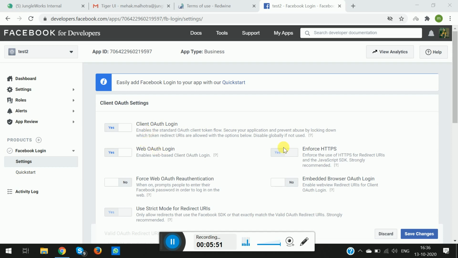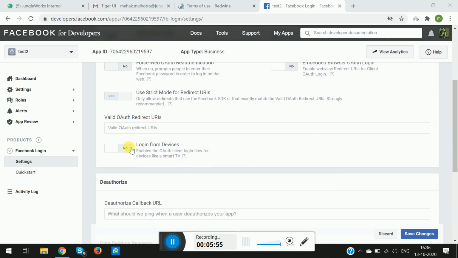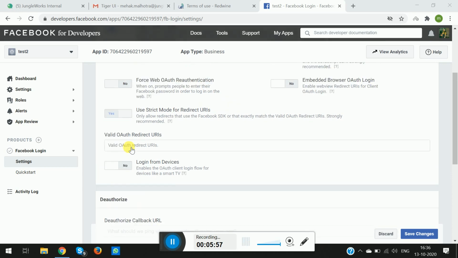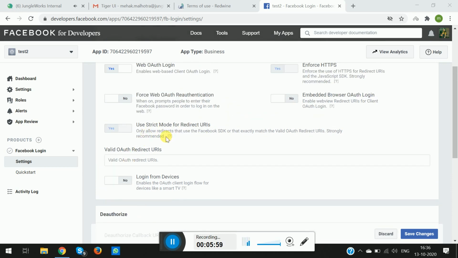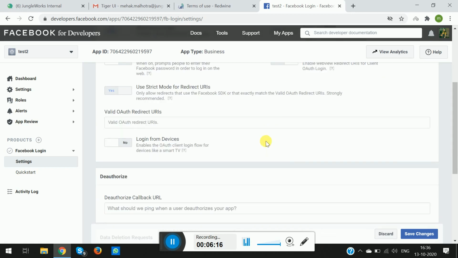Force web OAuth reauthentication has to be no. Use strict mode for redirect URIs has to be yes. Enforce HTTPS has to be no. Embedded browser OAuth logins has to be yes. And login from devices has to be no.